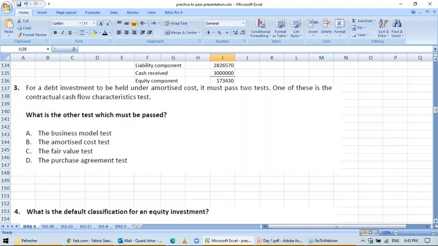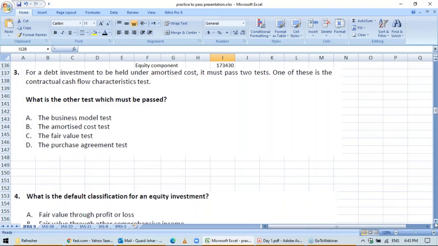So students, let's move on to the next question, question number 3. This question covers a debt investment. Now we are talking about financial asset, right? That the investor is buying a loan note. Earlier we were talking about the company issuing a loan note. Now this time the investor is buying the loan. So debt investment under amortized cost,